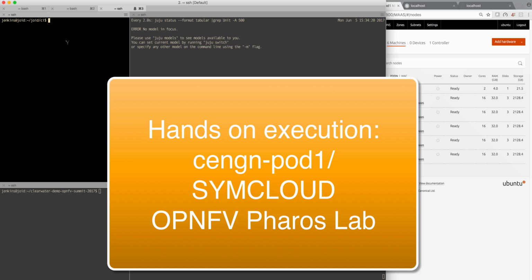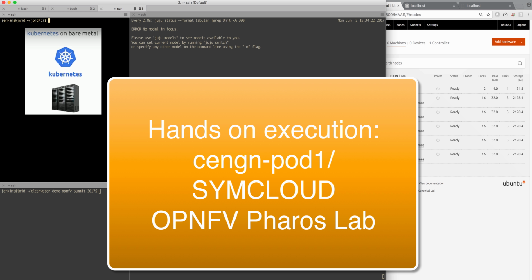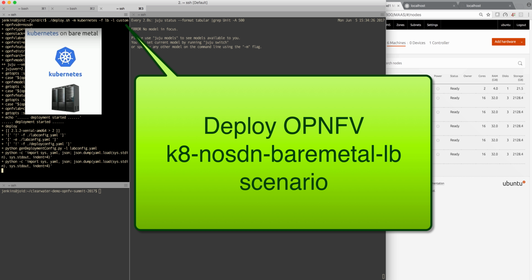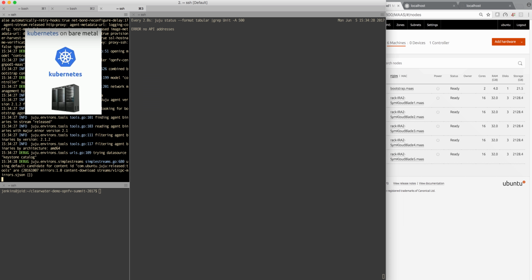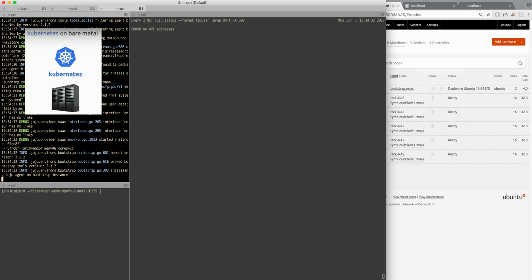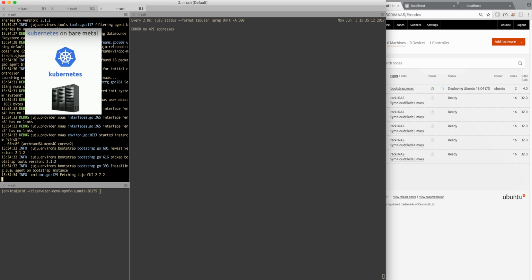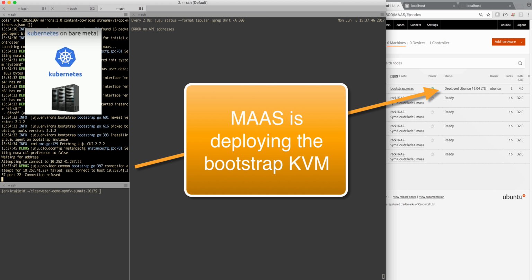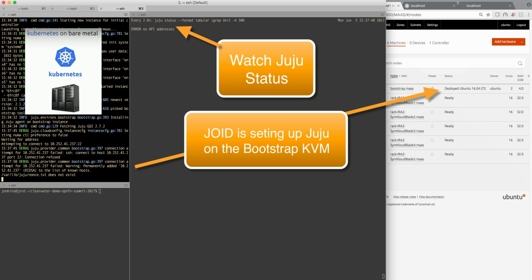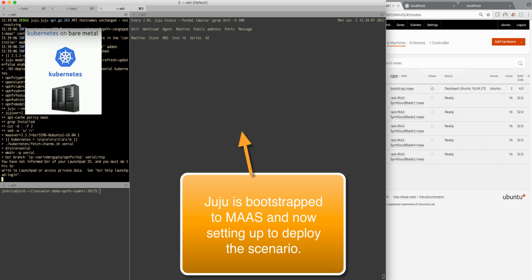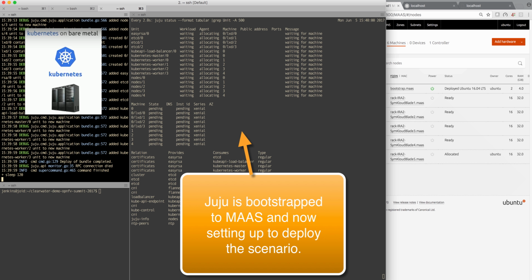So let's do a hands-on demonstration. The top left window that you see will be the CLI for the JOID deployer, and we'll kick that off with a Kubernetes scenario. On the right-hand side, we see the Canonical MAAS being controlled by the JOID deployer, and it will PXE boot and deploy the operating systems onto that bare metal. MAAS will bootstrap with the Canonical